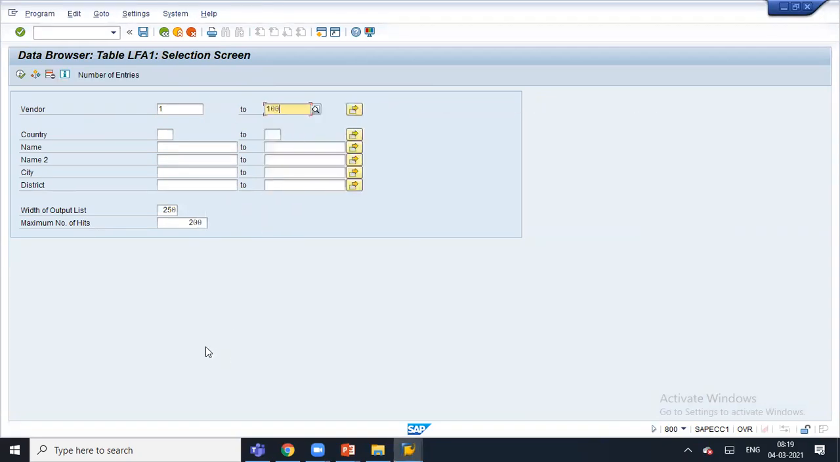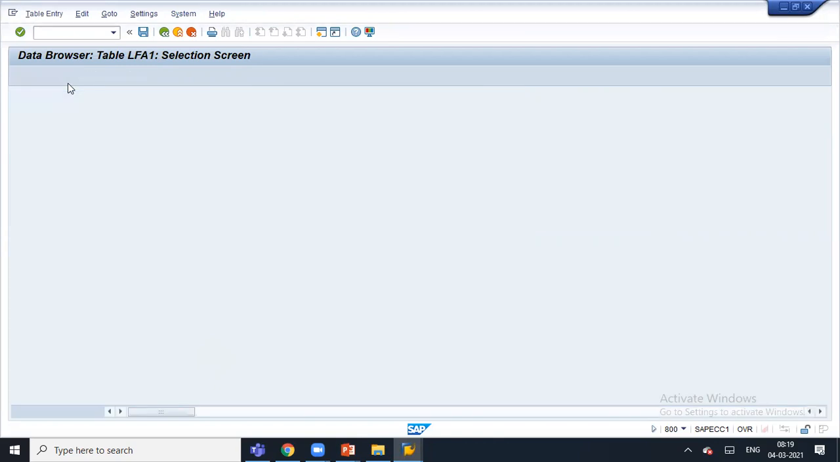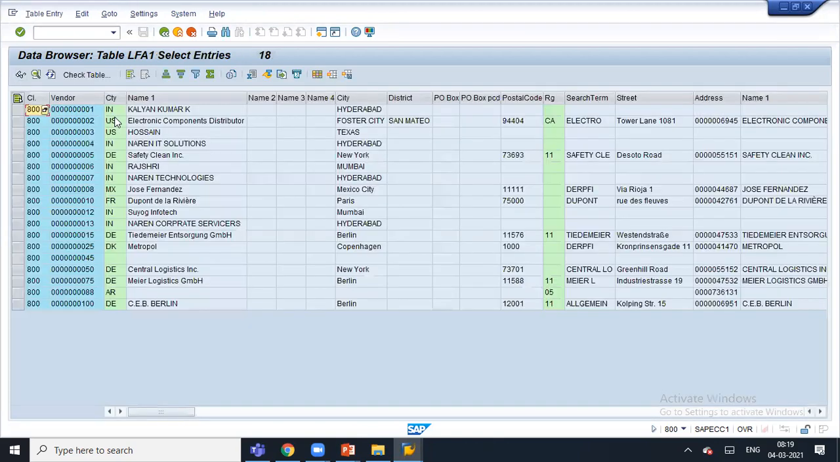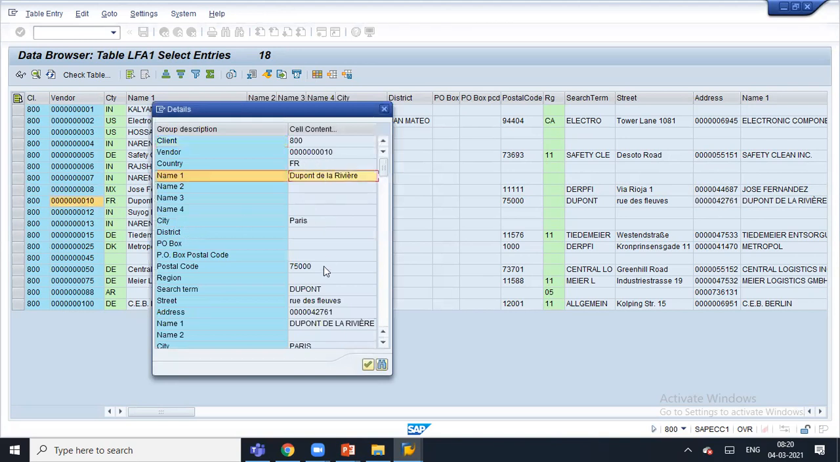Go to 100. Run this. I wanted to show the address number of the second customer. See which customer has an address. I'll take that. Look, the vendor number is 10. For this vendor number, the address is like this: 4276, correct? When you double click, there is the customer. The address number is 4276. You copy this 4276,